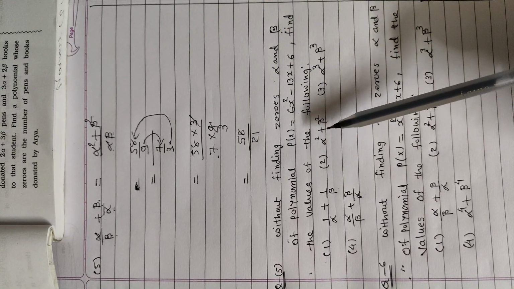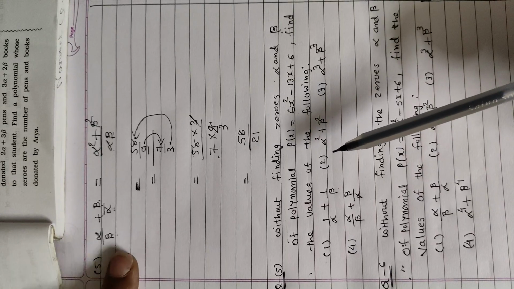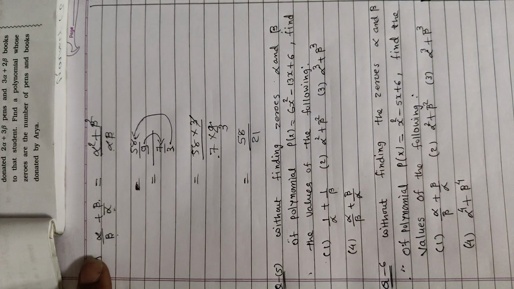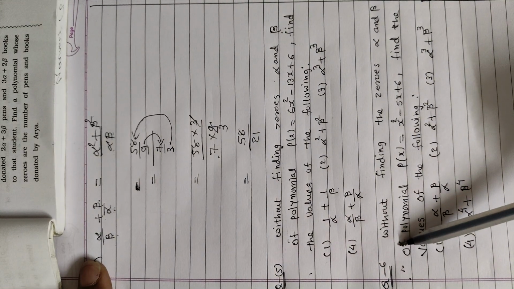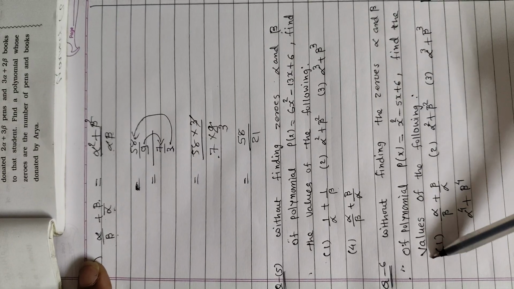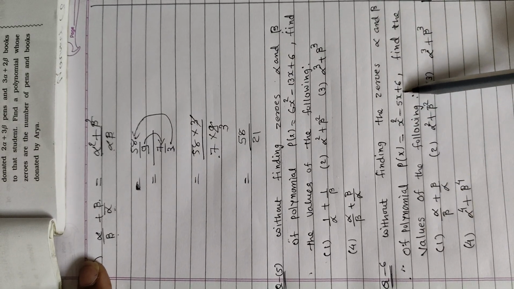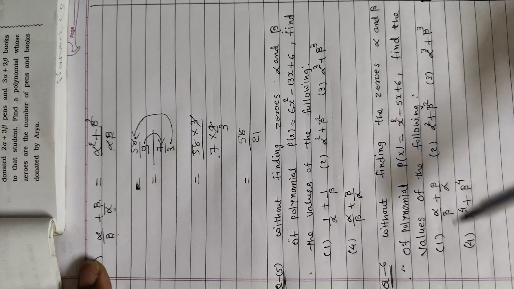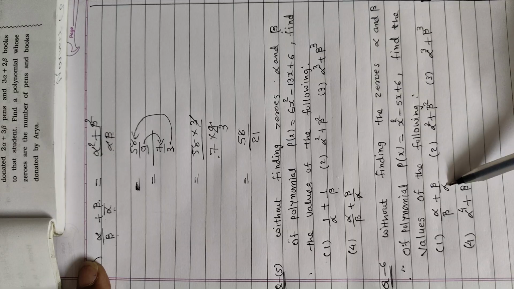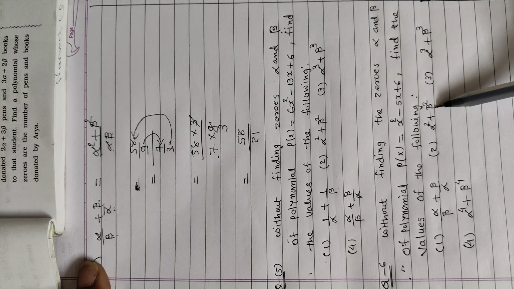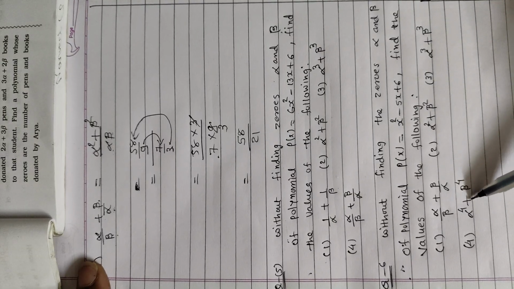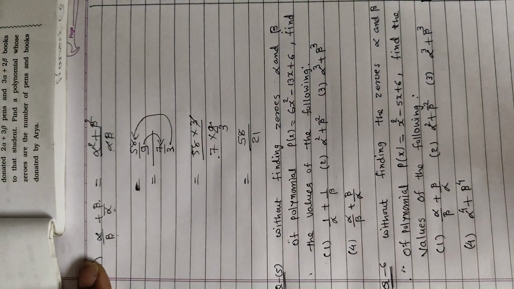So you have to use the formulas which I discussed in the former example. And again, this is the same type of example. Without finding the zeros alpha and beta of polynomial p of x, x square minus 5x plus 6, find the values of the following: alpha upon beta plus beta upon alpha, alpha square plus beta square, alpha cube plus beta cube, and alpha raised to 4 plus beta raised to 4.